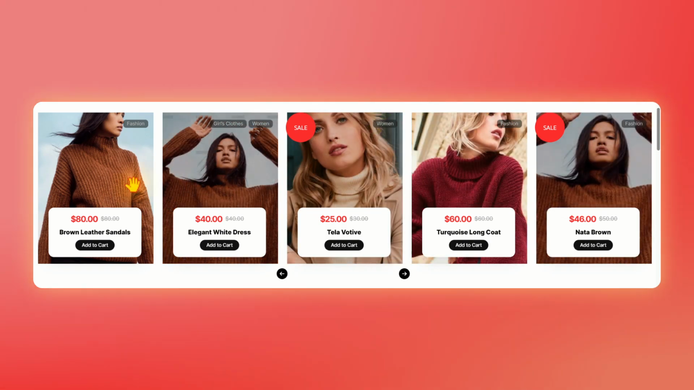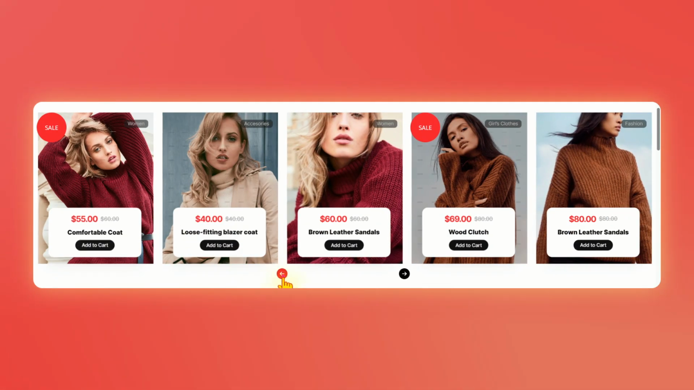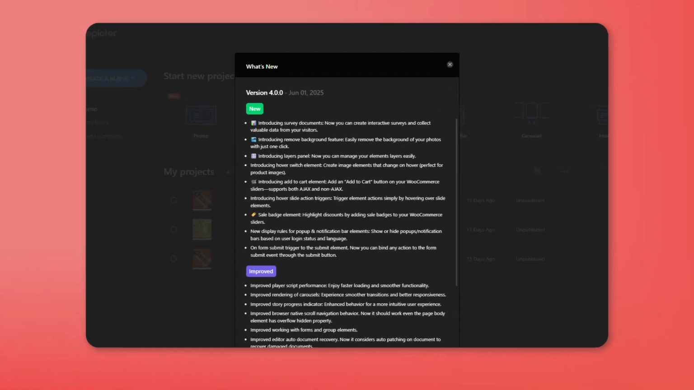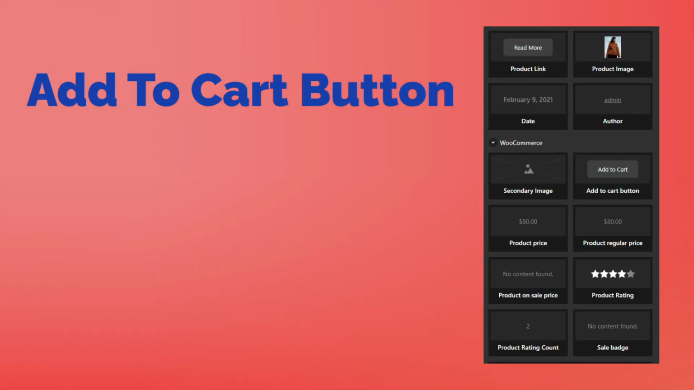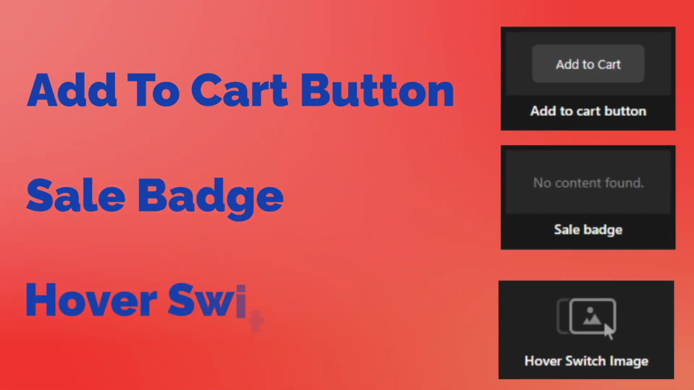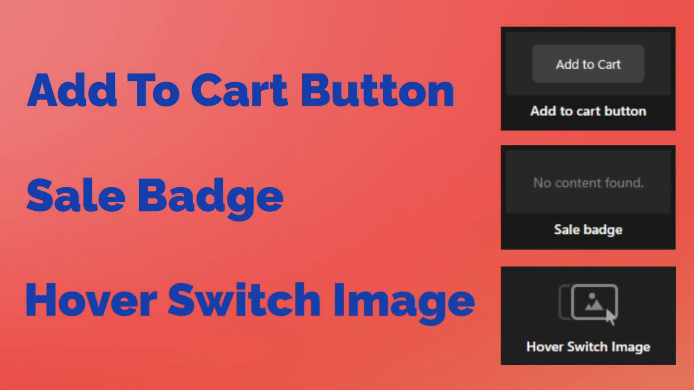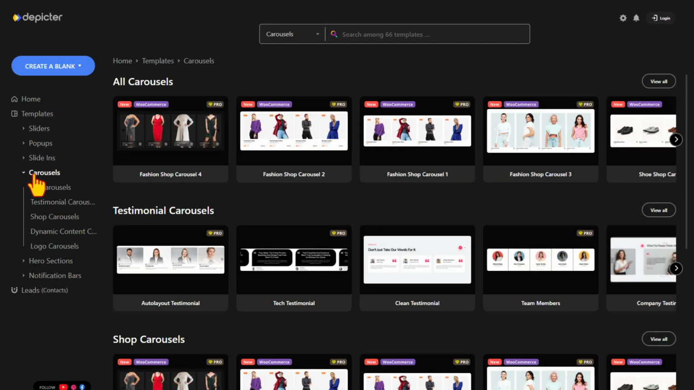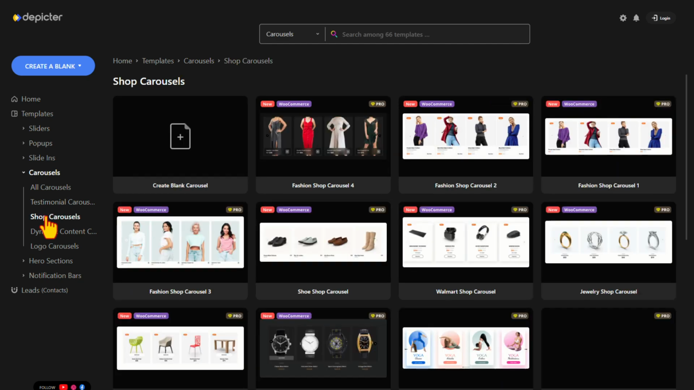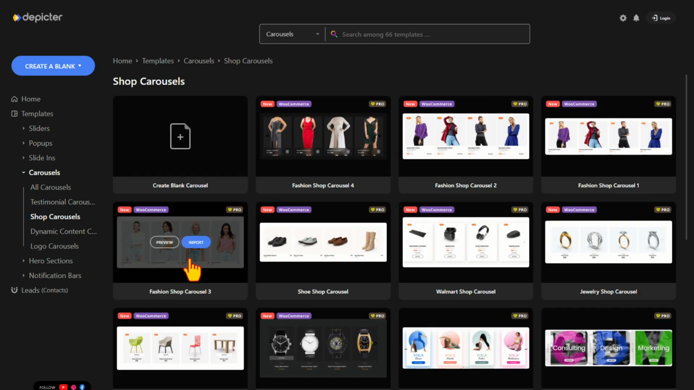In this video, I'm going to introduce you to more cool features in Depicter's new update. The Add to Cart button, the Sale badge, and the hover switch image. So buckle up! Since the Add to Cart and the Sale badge features are related to WooCommerce, I'll import a